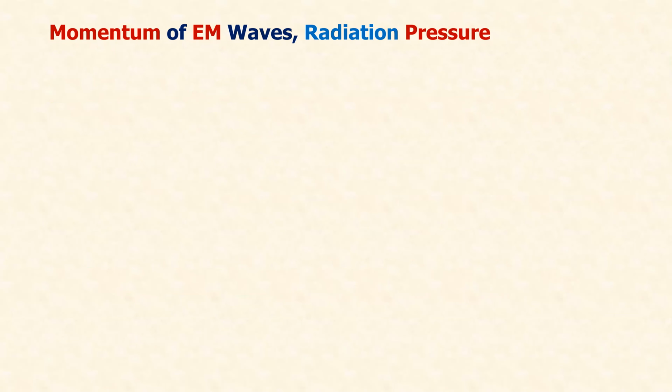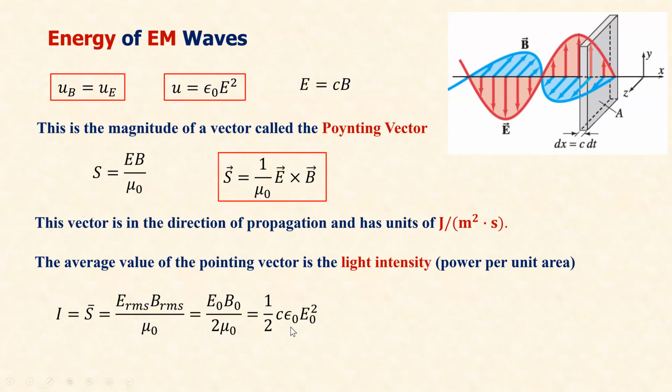And I guess that, yeah, the light intensity is just the average of the Poynting vector, and it is joules per second, or watts, per meter squared of light. For example, the light intensity of the sun around the surface of the earth above the atmosphere is